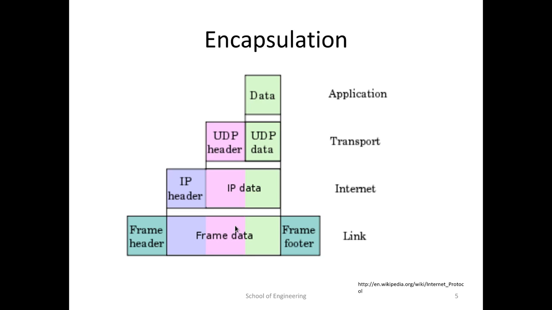And this is sort of another picture of what we've just been talking about. We'll have our data at the application layer. That data is then put into, in this case we're using UDP, so user datagram protocol at the transport layer. And then that information, so the UDP header and the data, is then put into an IP packet. So we're adding an IP header here, and then that is then put into some layer 2